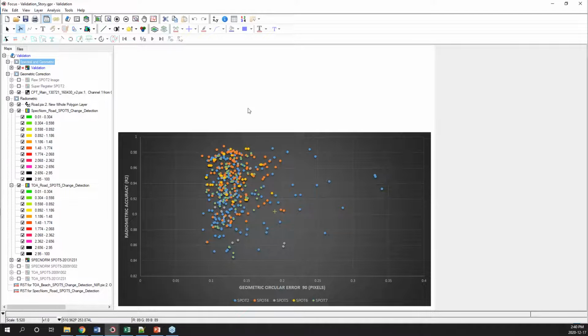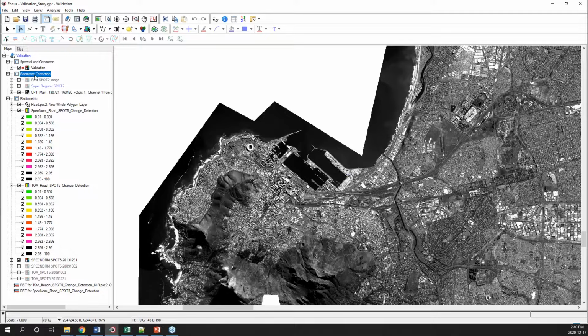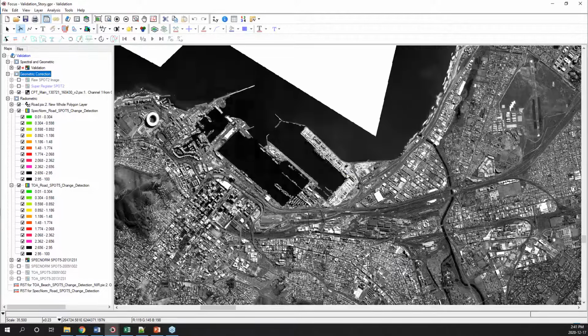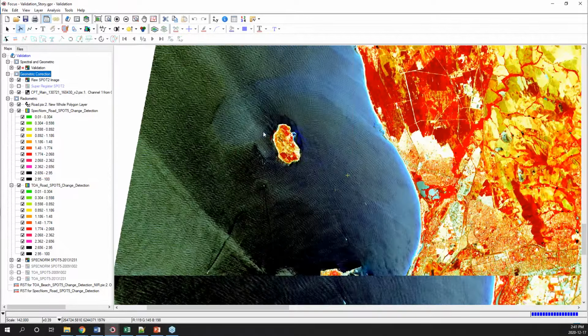So now we can explore more of the granular approach of looking at a few images that were used in this process. And so I'm going to select on the geometric correction, and what we can see is just the reference image or the control image that was used to collect the ground control points in the geometric workflow. And I'm just going to showcase an example of one of the SPOT 2 images that was processed in its raw form. And I'm going to select it, and we can see if I zoom into the harbor over here, in the raw SPOT 2 image with its original capability,